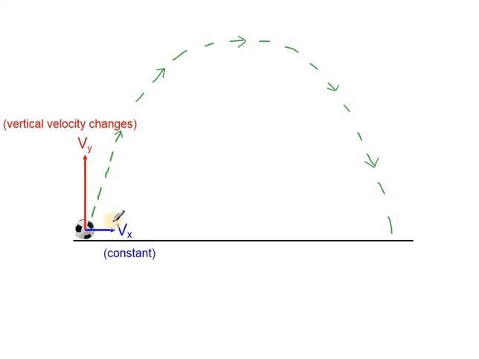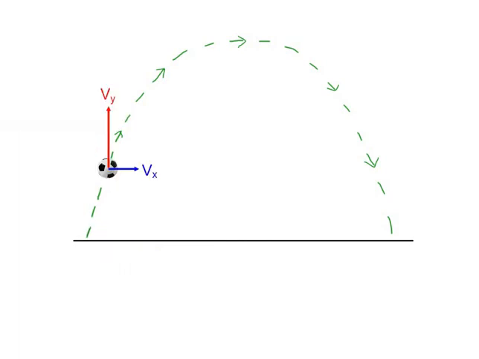I will demonstrate this. Look out for the length of each arrow. The length represents the magnitude of the velocity in a given direction. So we start here, and you'll see the blue arrow will remain the same length. The red one is getting shorter because the velocity vertically is decreasing, and the vertical velocity decreases further and again